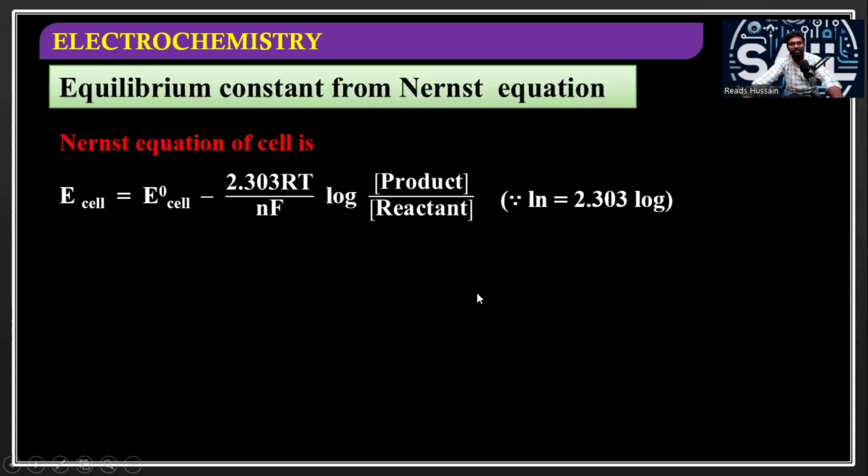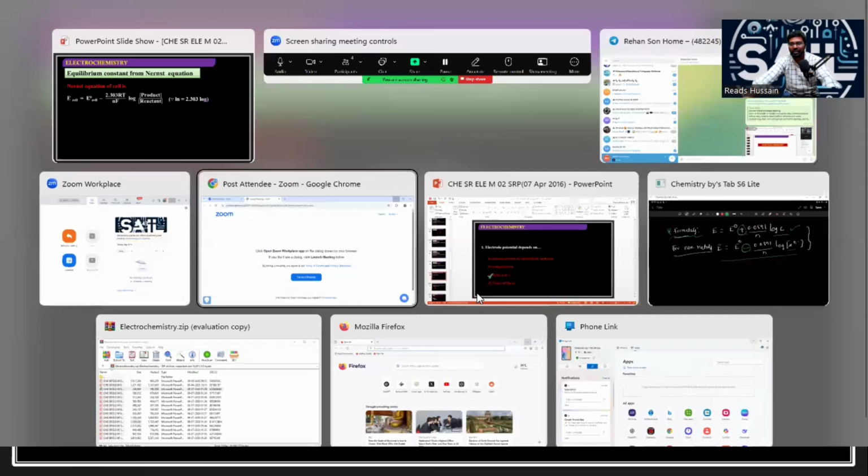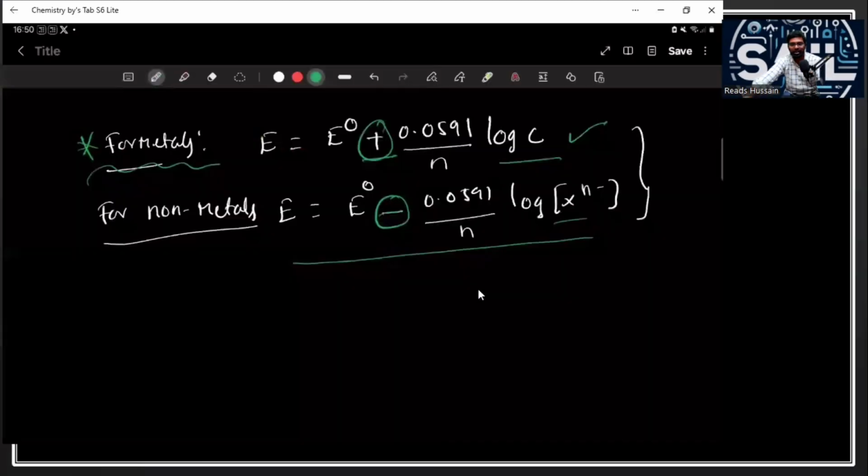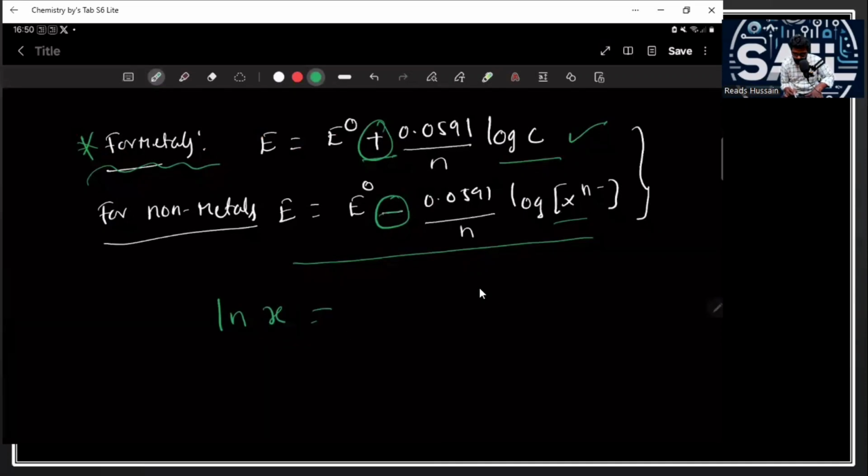I will just explain it, so you can understand. See, for example, if I have one value ln x, I want to convert this into log. To convert ln into log, we have to multiply with 2.303 log x. Now, you understood what I have done here? In the place of ln, I have written